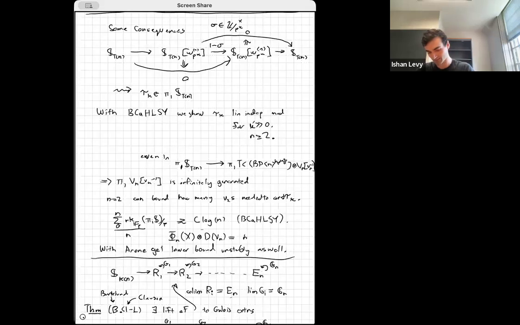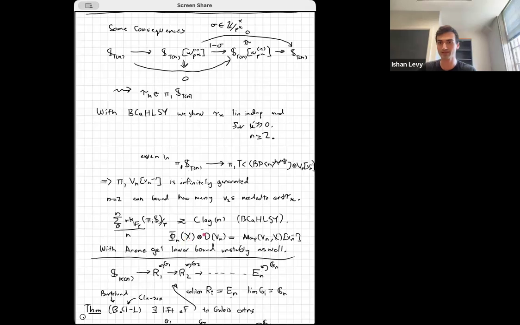that's the same as taking the mapping space from a space that's representing that type n complex into X, and then inverting the Vn self-map on the source of this space. In other words, this is a spectrum that's capturing the Vn periodic homotopy groups of X. And the point is that in the case of spheres, you can show using the work of Arone and Mahowald that this is a dualizable Tn local spectrum.